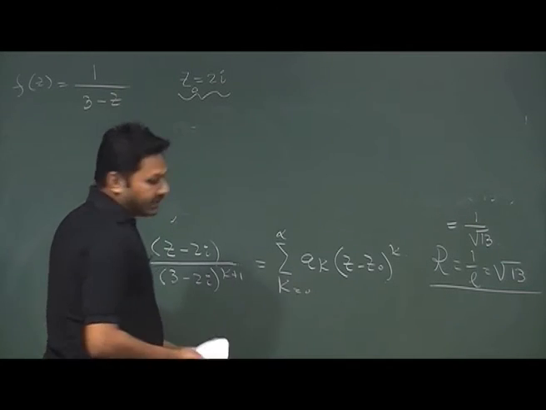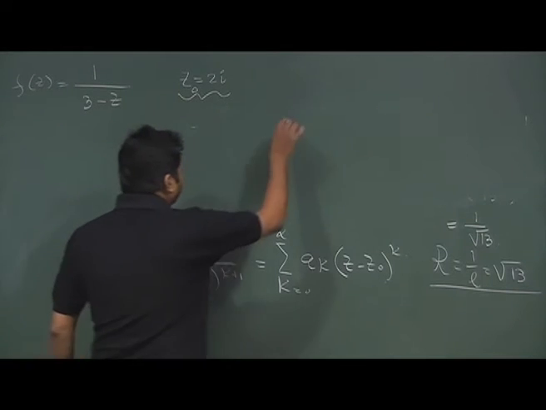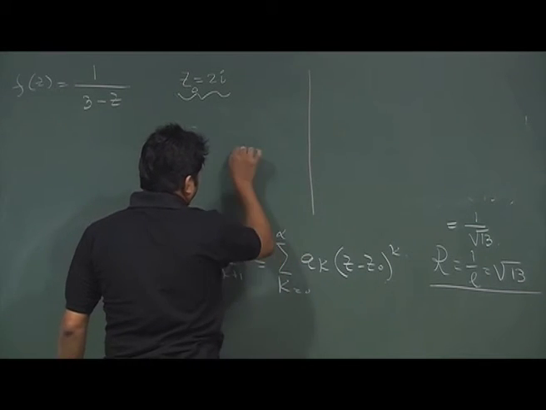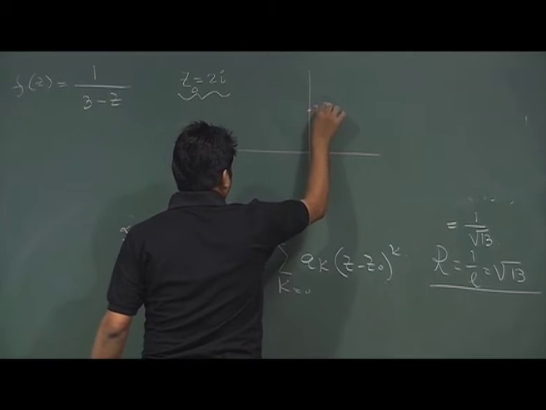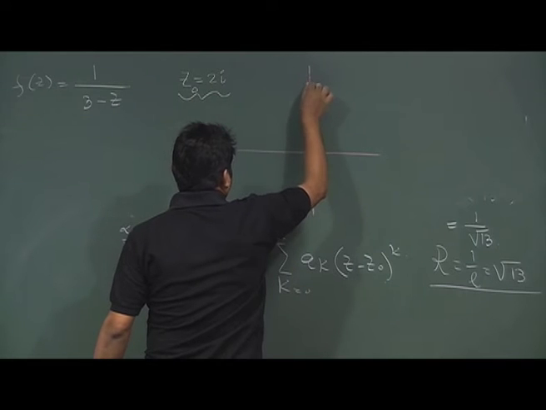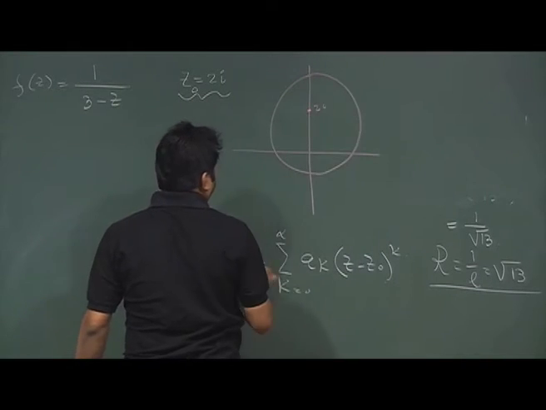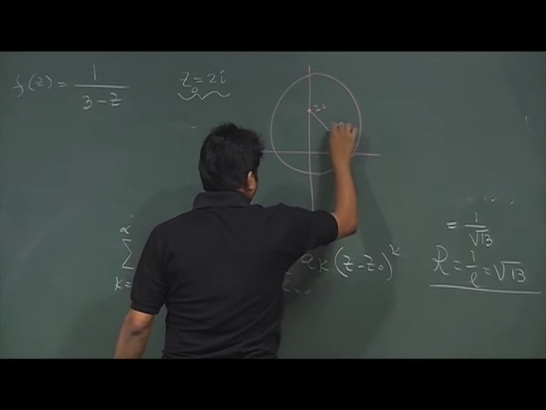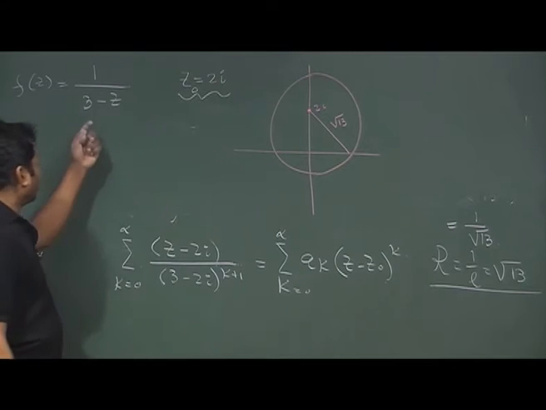which is important, every time I suggest you to visualize where this convergence is happening. So the point 2i is somewhere here. If I make a circle over that with radius root over 13, this is the region where I can expand this function,